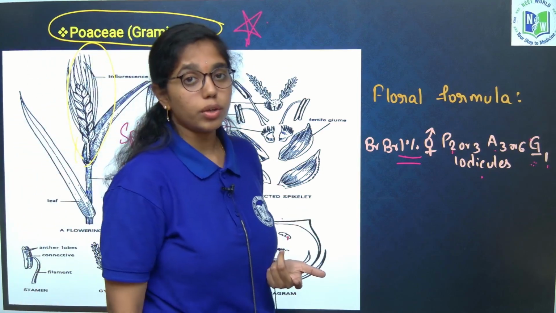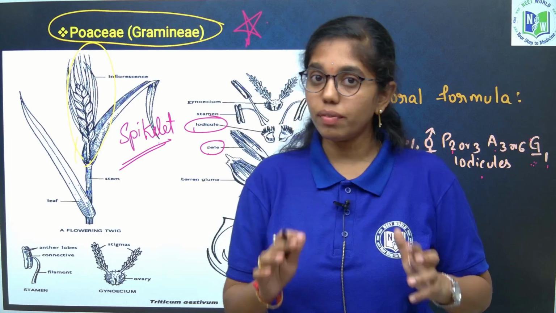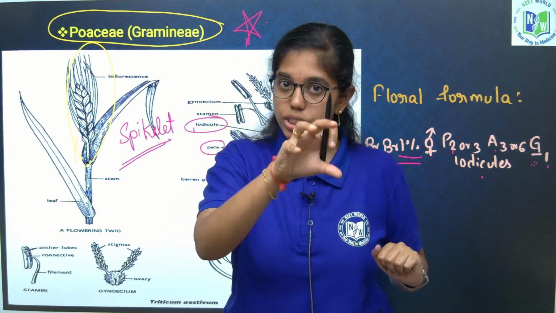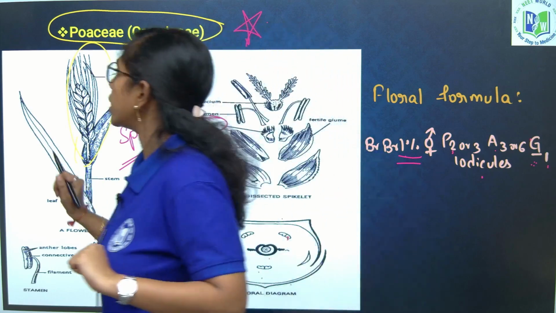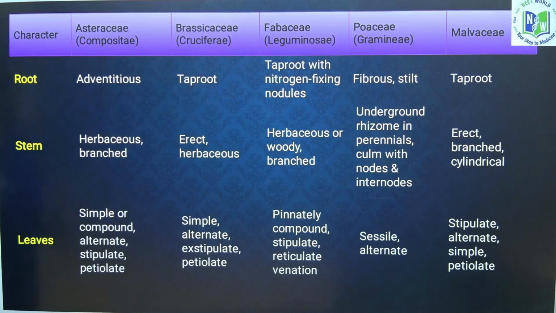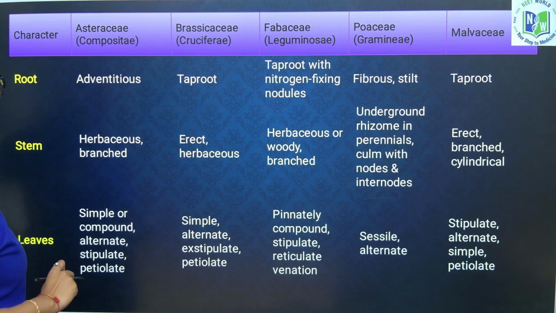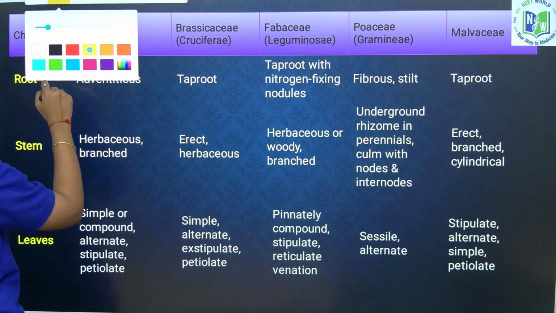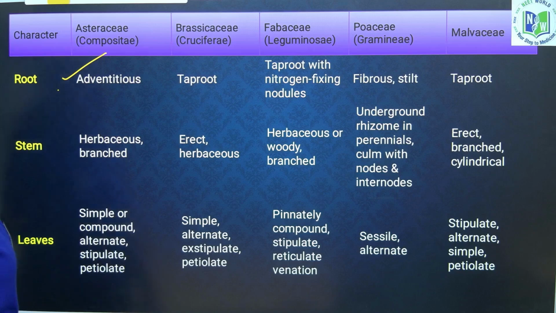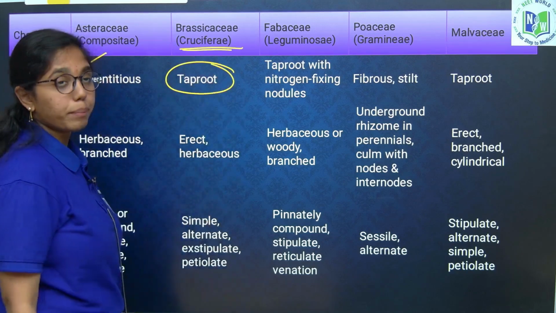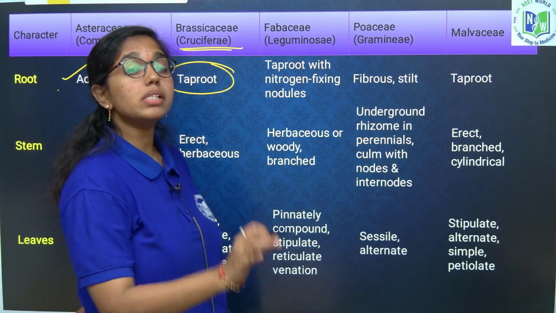Now we will look into the comparative study. Now we will have a comparative study of all these 5 families with respect to their vegetative characters and floral characters in detail. Okay. So firstly, vegetative characters. Coming to root, Asteraceae family members will possess adventitious root. What type of root? Adventitious root. Next, Brassicaceae members, which is also called Cruciferae, will have taproot system,